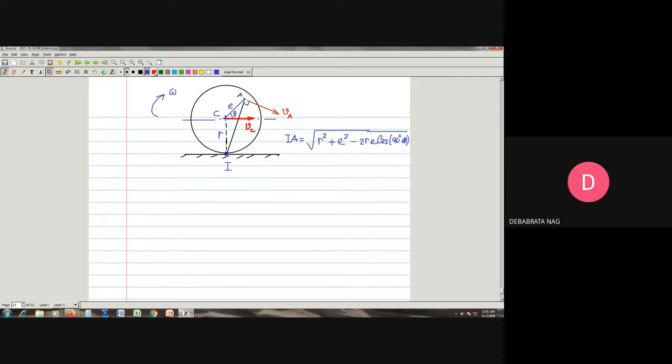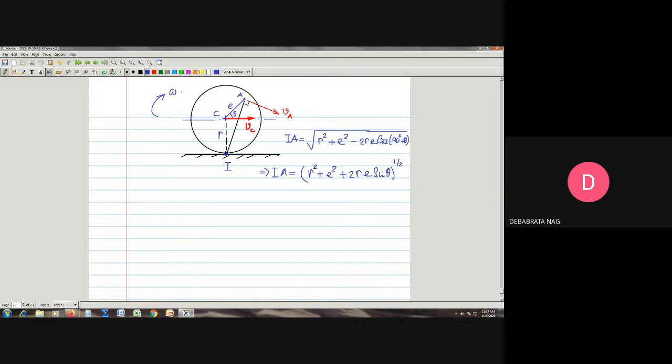So in this case, I can find out the value of IA. IA is thus equal to R square plus E square, and this is cos of (90 degree plus theta), which is minus sine theta. So it will be therefore plus twice RE into sine of theta, all to the power half. That is going to be our distance of IA. So it is clear